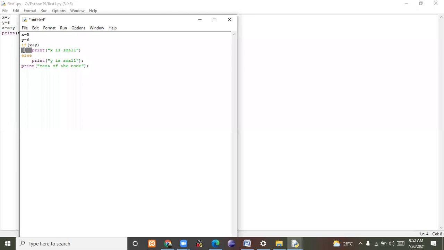This is equal to open braces in C and Java. This indicates open and closing braces, and it indicates that the if has only that much code. After that the control goes to the else part. Again, this print belongs to else, and this print belongs to the rest of the code. Rest of the code means the remaining code. Just saving it.